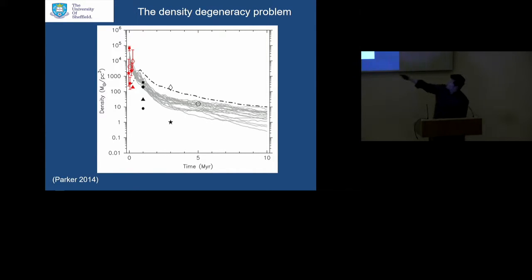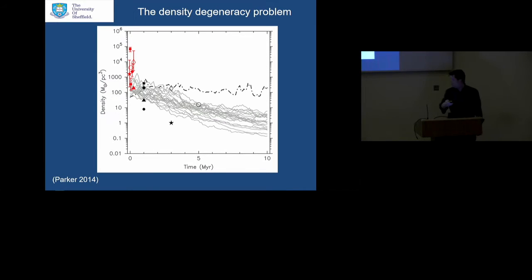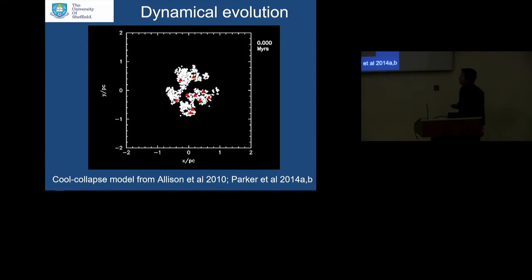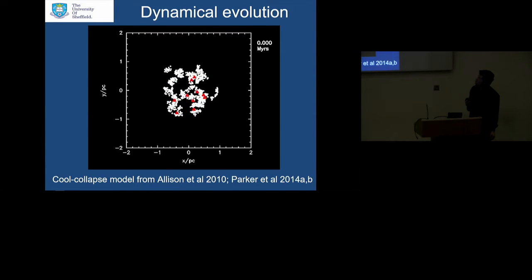There are models that posit that these observed star clusters started off with much, much higher stellar densities. However, the degeneracy problem in all of this is that if you were to start these star clusters with much lower densities, you can see that the observations are consistent with either much, much higher stellar densities initially, or actually rather moderate stellar densities initially. So how do we get around this problem? Well, we model these star-forming regions using N-body simulations.